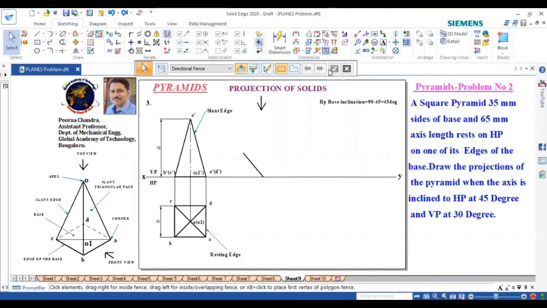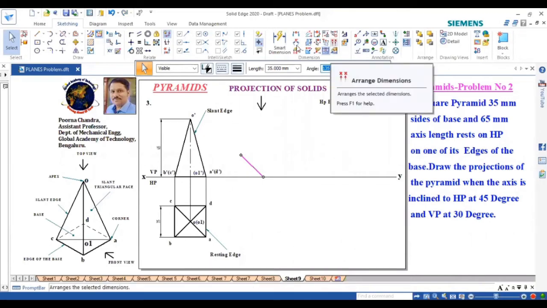So this length is 35. Total is 180. So I want 45 degrees. So 180 minus 45 you can take.